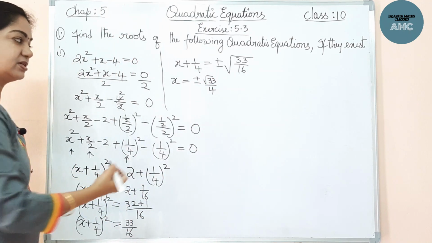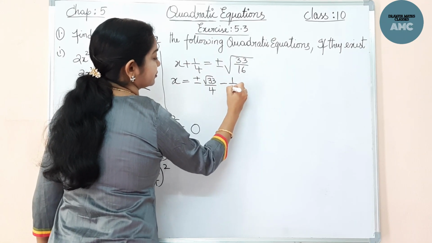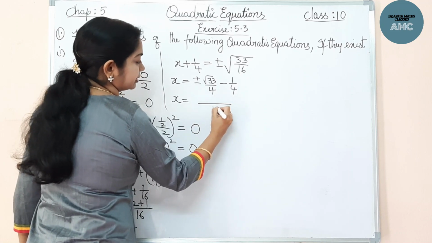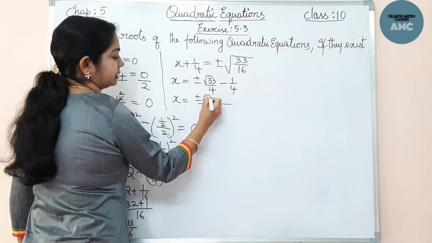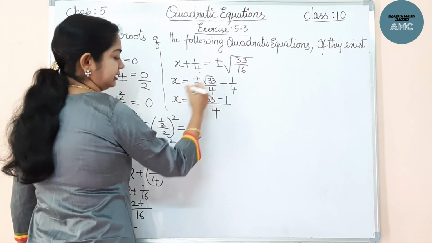Square root of 16 is 4. Shift this 1 by 4 to the other side, minus 1 by 4. So x is equal to plus or minus root 33 minus 1 by 4. So, this is the